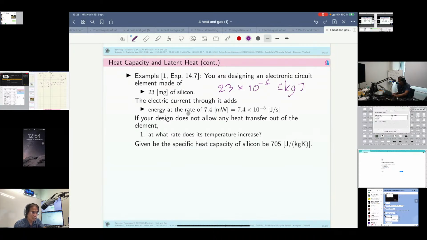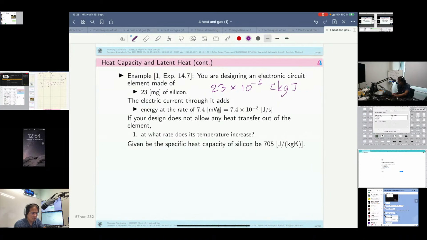And the energy rate is 7.4 milliwatts, right, which is joule per second, right? In terms of joule per second, we would have